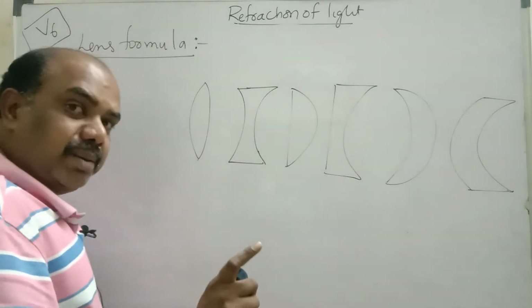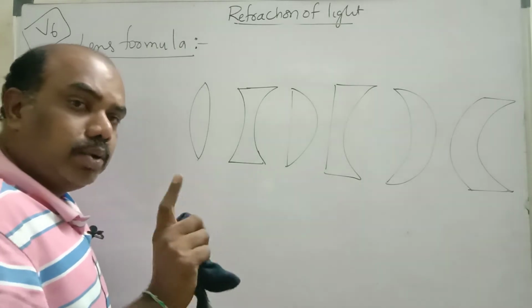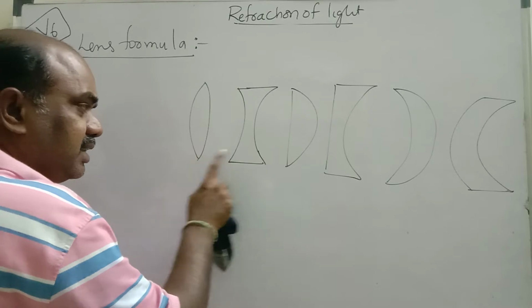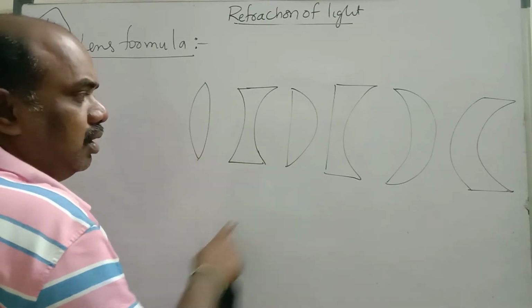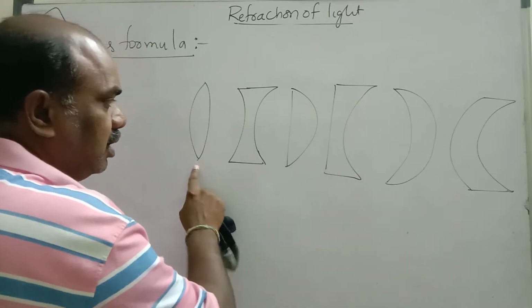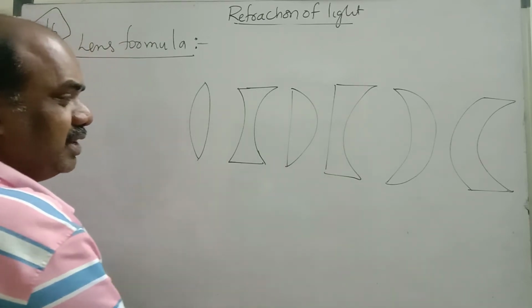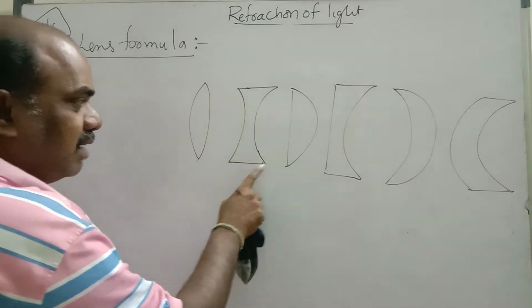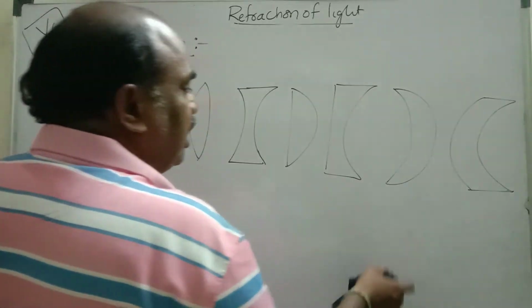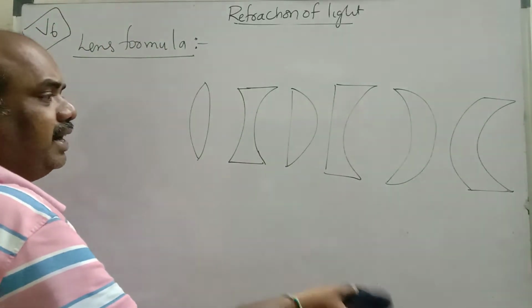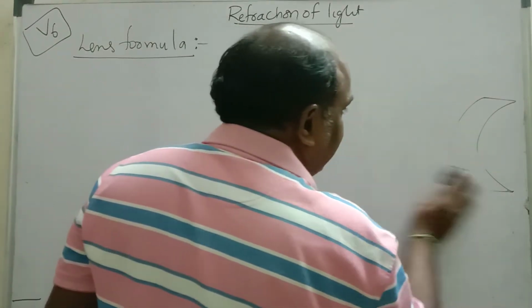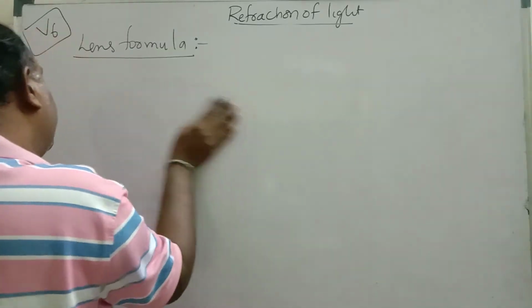Lens is a transparent medium bounded by at least one or both the surfaces are curved. Remember, it is also called converging lens. It is also called diverging lens. Plano-convex also converges. It also diverges. Converging lenses, diverging lenses. Then what is the difference between them? It converges more, it converges less. It diverges more, it diverges less. This depends on how much diverging you need, how much converging you need. Based on requirement, we can increase or decrease the curvature of the spheres.